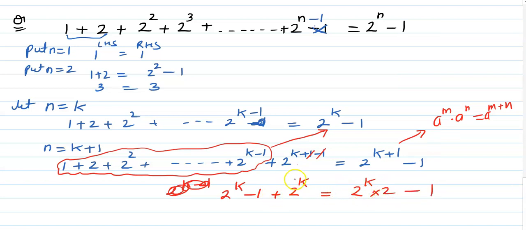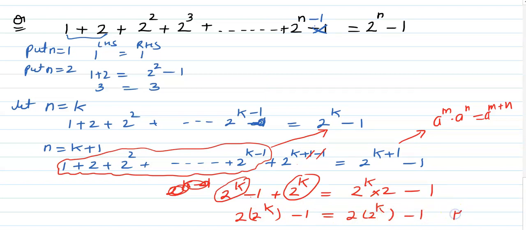Is that okay? Now 2 to the power k and 2 to the power k, if you add them, then it will be 2 into 2 to the power k. Is that okay? Yeah, and this minus 1, and here also you got 2 and 2 to the power k minus 1. So that is our right hand side and left hand side equal. Is that okay? So it means our question is true for n equal to k plus 1 as well. So that's fine. So we need to stop here, and we can follow the exercise book for further questions. Okay, so let's stop here.